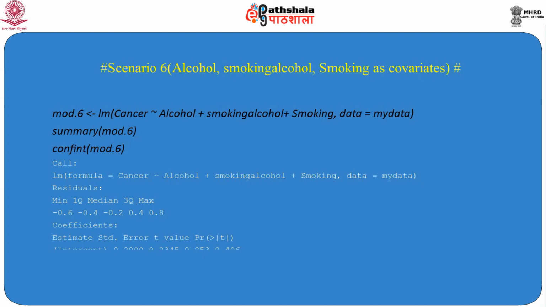And now we are going to another variable, that is smoking. Again the estimate of smoking is 0.2000 with standard error 0.3317, and the p value is 0.555. So all these 4 factors state that there is no significant association or influence of these factors on cancer.